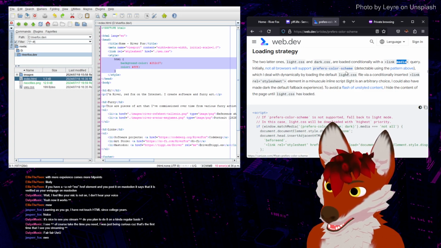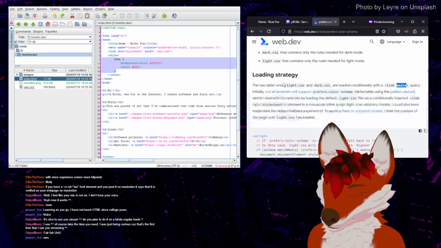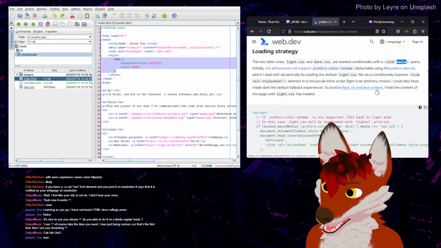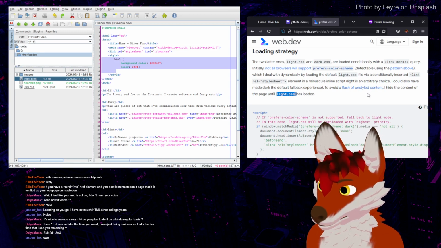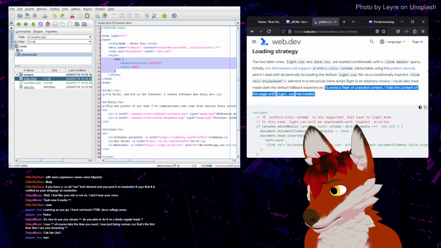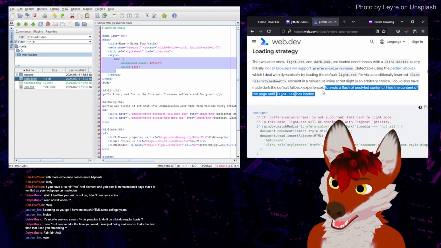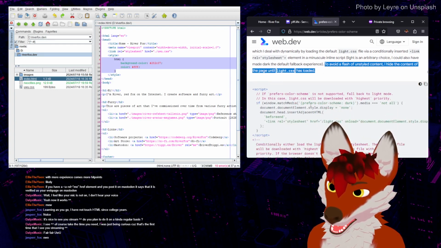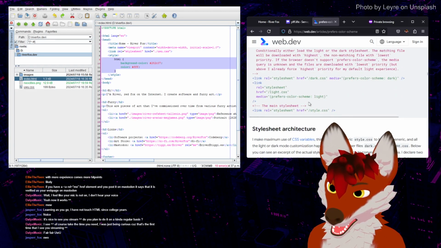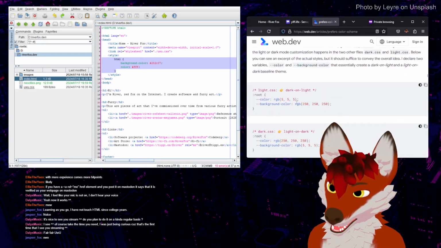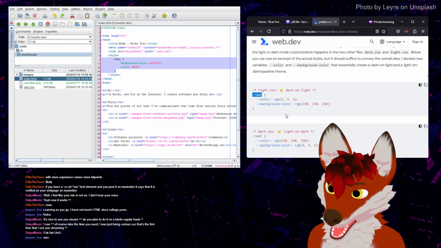Not all browsers will support it. To avoid the flash of unstyled content and heavy content on the page until CSS has loaded. I don't like this, honestly. This will likely require JavaScript, which we don't have yet. We have not invented JavaScript, but